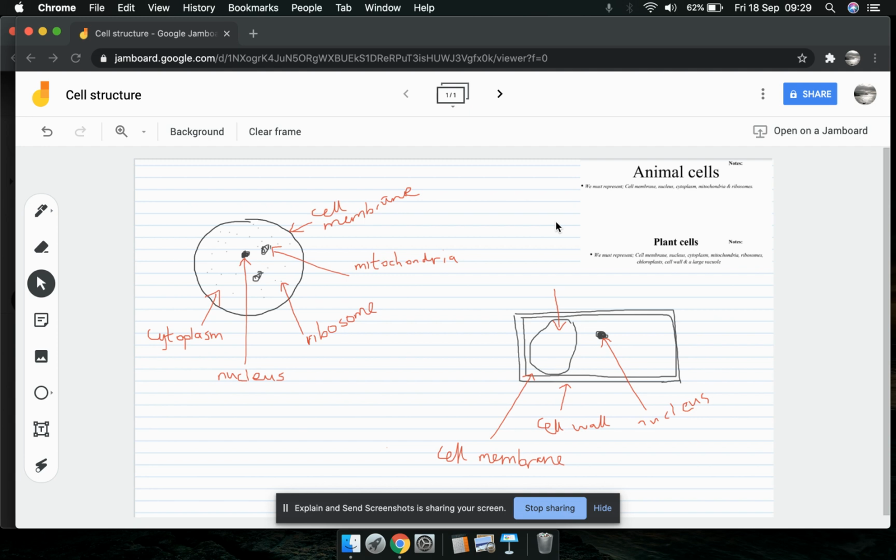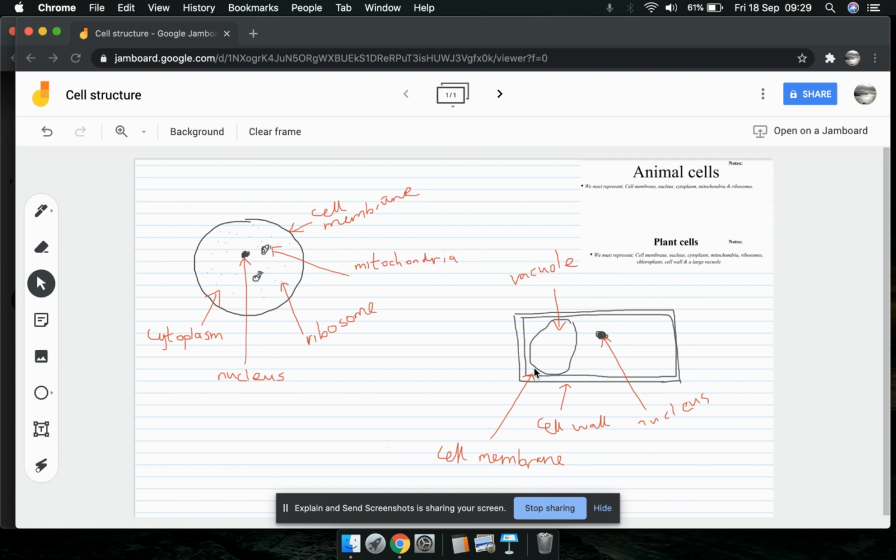A vacuole here is full of liquid, so it's full of something called cell sap. That would include lots of water, lots of sugars. It's actually a temporary store of water and food in a plant cell, and they need that temporary store, remember, because they have to store their own food and make their own food. So the pushing of this vacuole against the cell membrane provides a pressure which basically allows it to